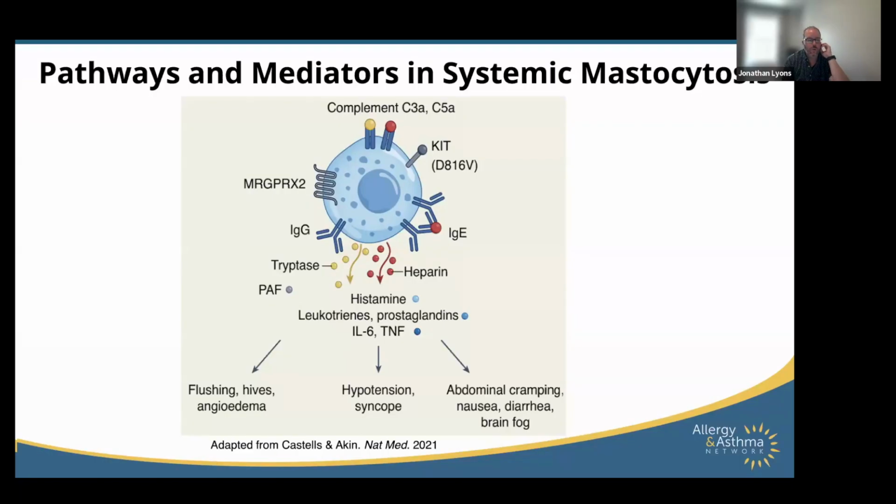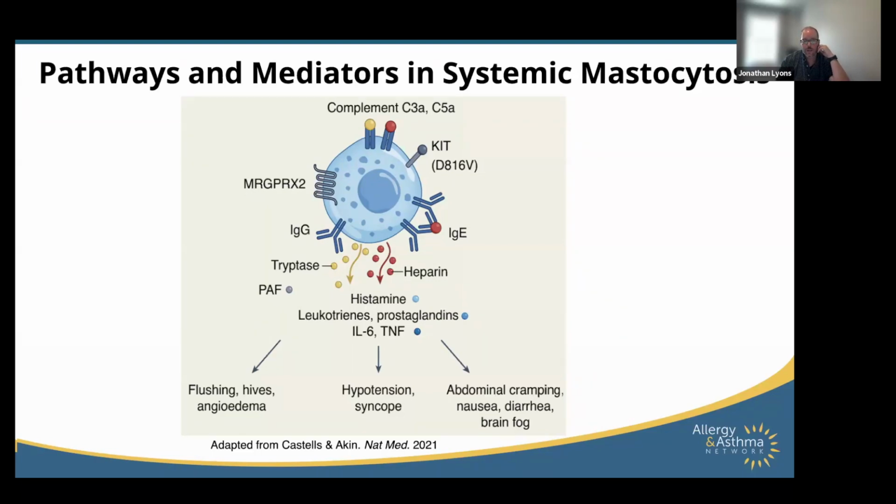So there's a lot of roles that mast cells play, but usually when we think about mast cells, at least in the context of disease, we're often thinking about immediate hypersensitivity. So we're thinking about mast cell degranulation. So there's these secretory granules in mast cells, shown here as those blue little dots. The big one's the nucleus, obviously.